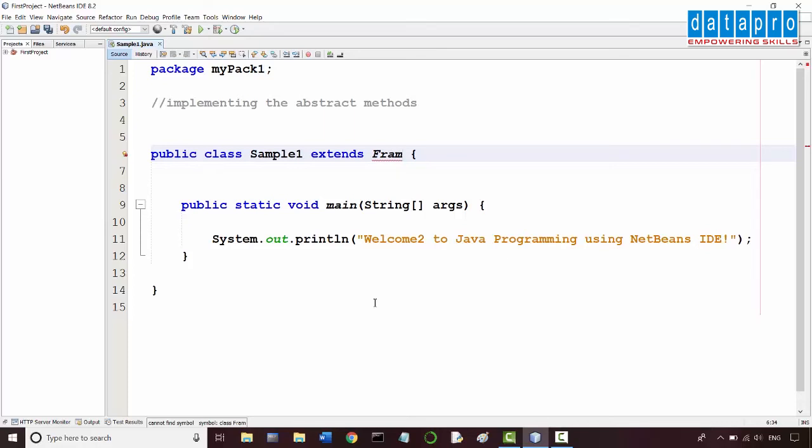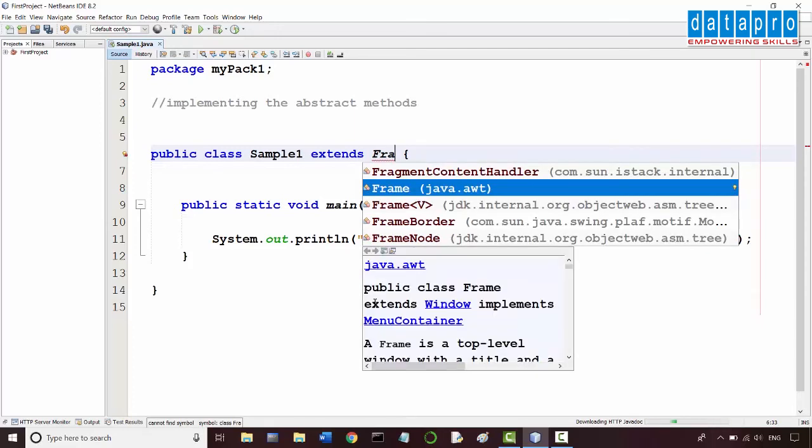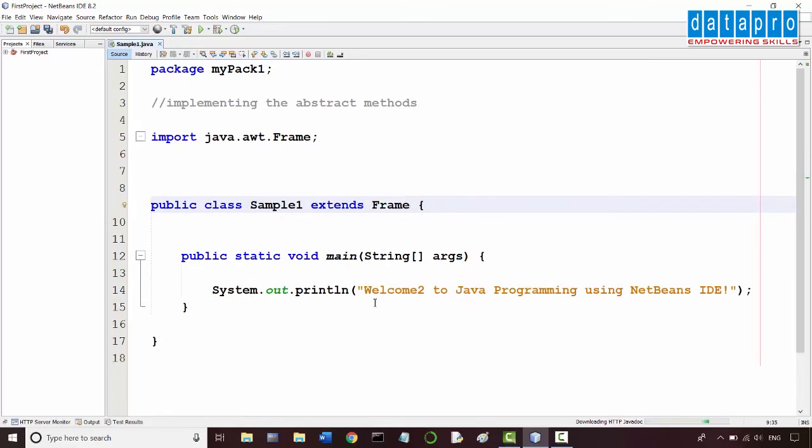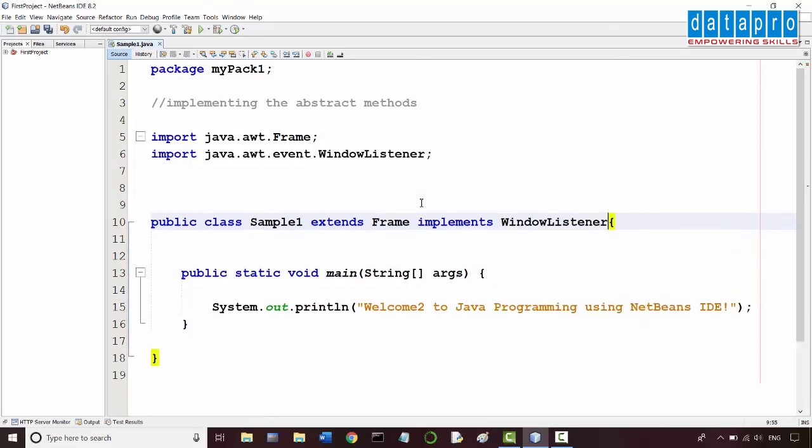No need to right click and say fix import. So just press Ctrl space and choose the appropriate class from the appropriate package. Okay. So notice that it got imported. Now I say implements WindowListener. Choose the appropriate interface. Now notice that it is giving an error.